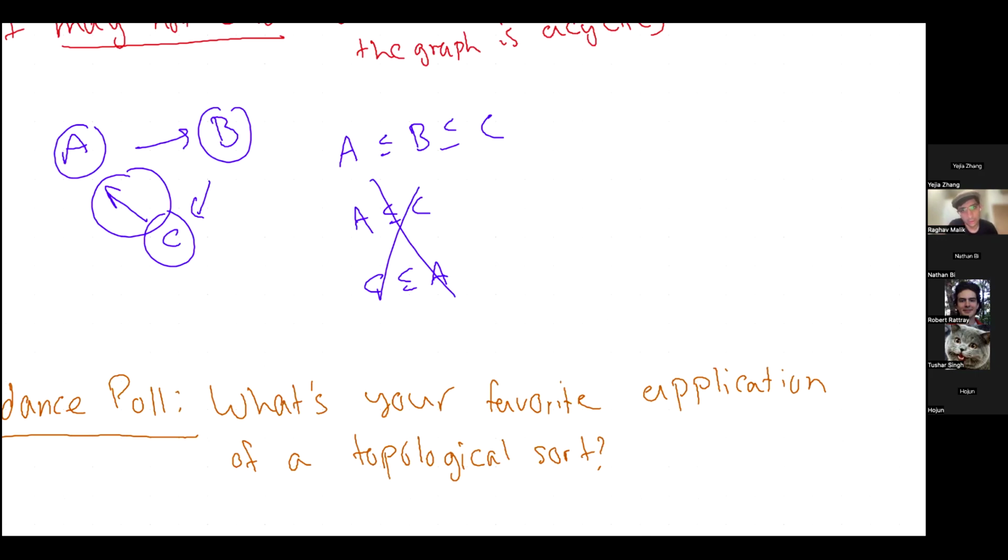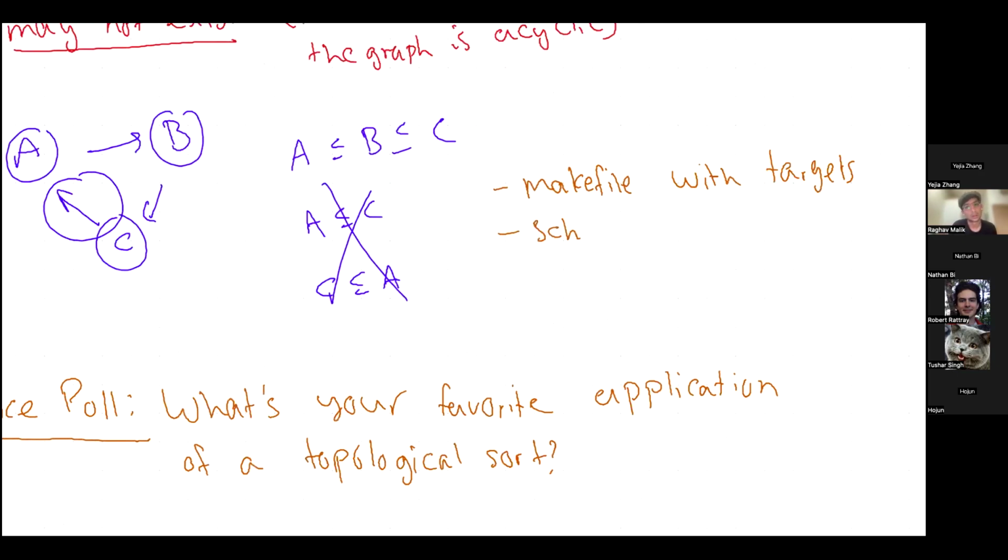So for example, we've got a makefile with targets. You could think about scheduling classes with prerequisites. So you've got a bunch of classes that you want to take or that you need to take. Some classes are prerequisites for other classes. We hope that there's no cycles in the set of prerequisites, and you want a good order in which you can take classes. And then my favorite one is instruction